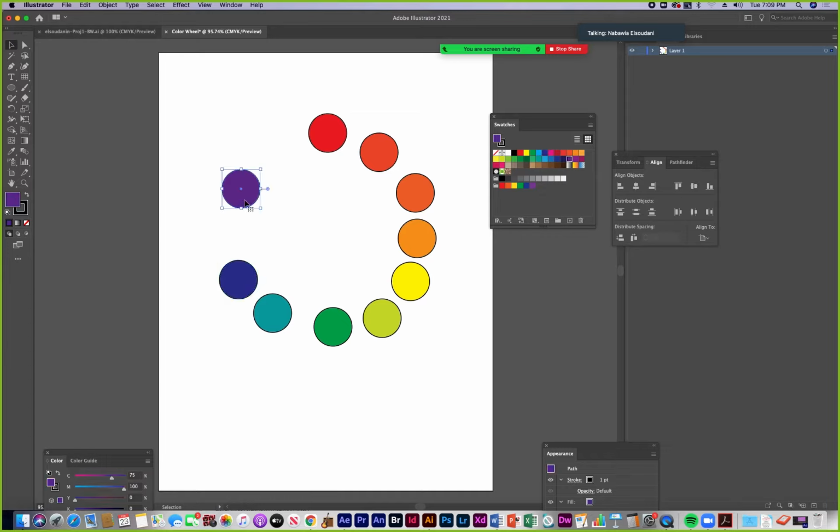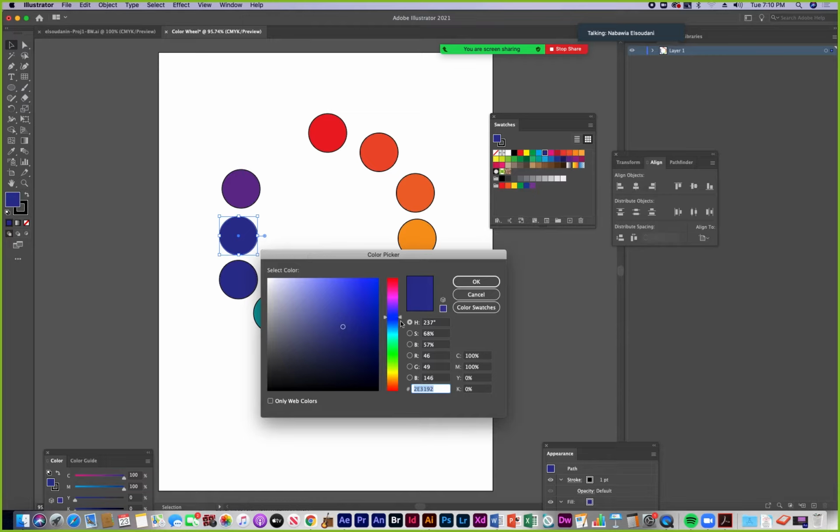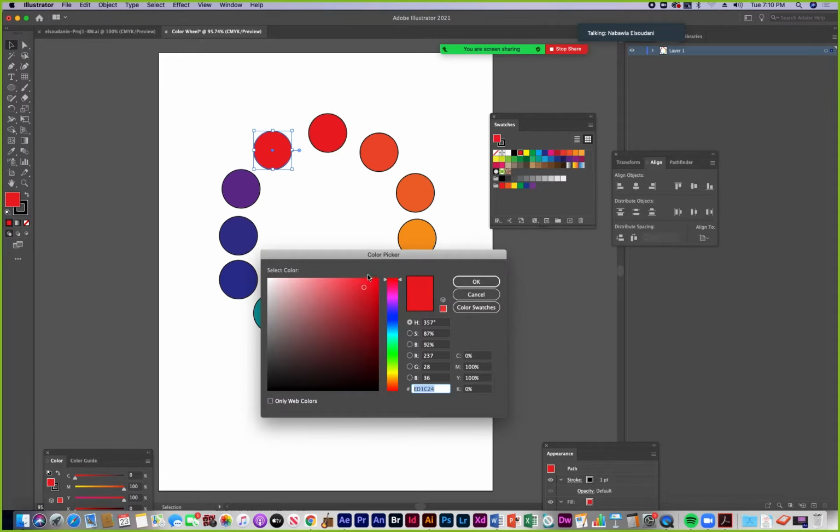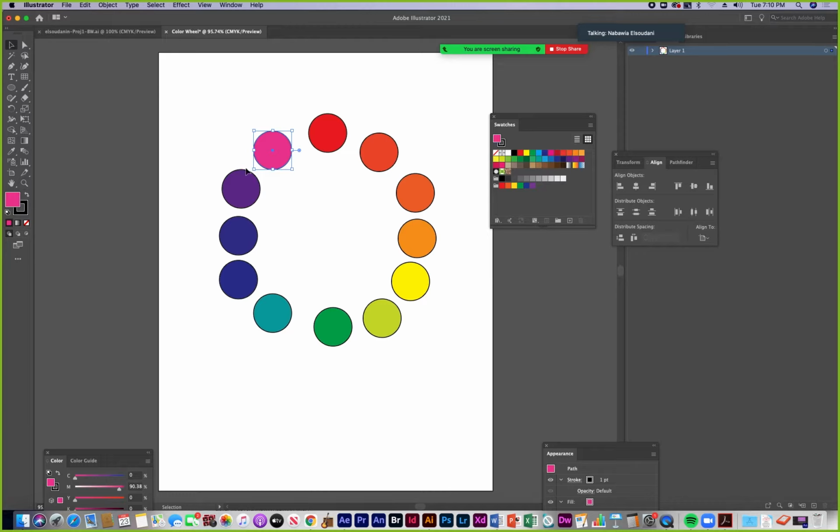Mixing the blue and the violet, we get blue-violet. So, ooh, this one might have already been, this was the blue, so that was blue. I want to push the blue towards the violet. There we go. And then violet and mixing with the red, we get red violet. So I'm going to push the red towards the violet. Let me just adjust the color. It looks more like a magenta, but I'll call that red violet. Okay, so now